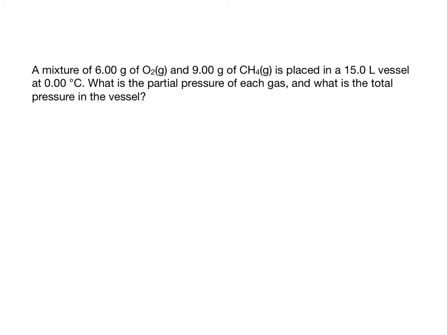So if a mixture of 6 grams of oxygen and 9 grams of methane is placed in a 15-liter vessel at 0 degrees Celsius, what is the partial pressure of each gas? And what is the total pressure? So we're going to need to determine the n of O2, which is 6.00 grams, converted to moles with 32.00 grams in 1 mole. It's going to give us